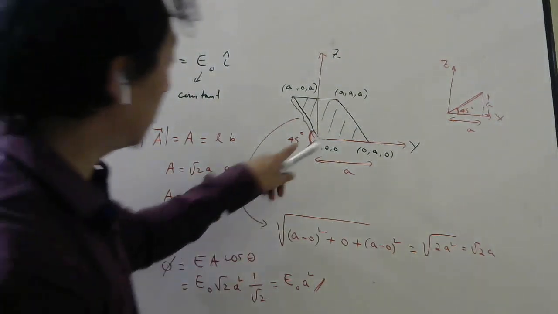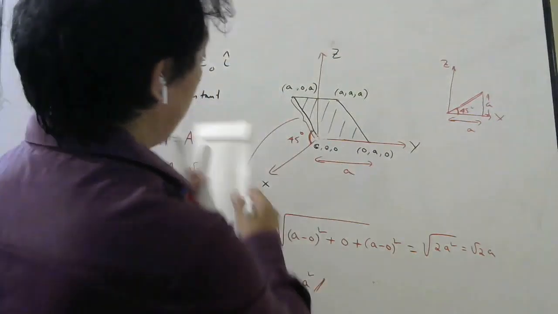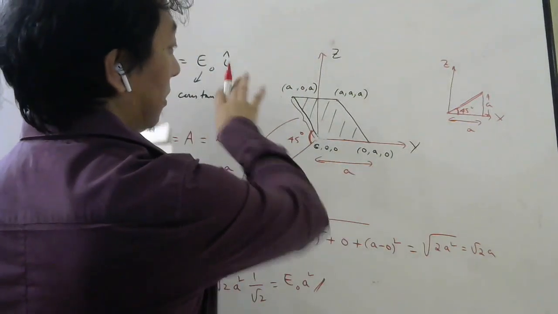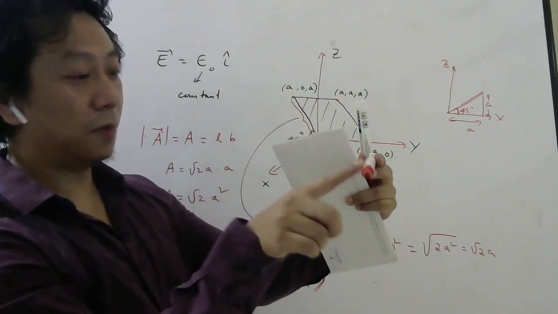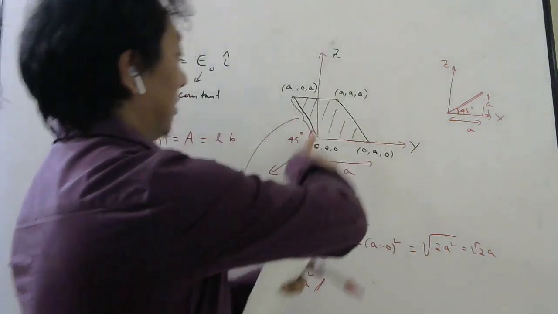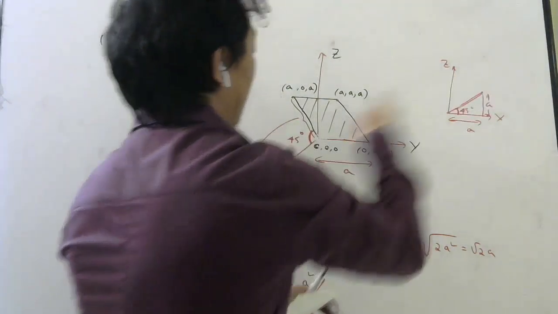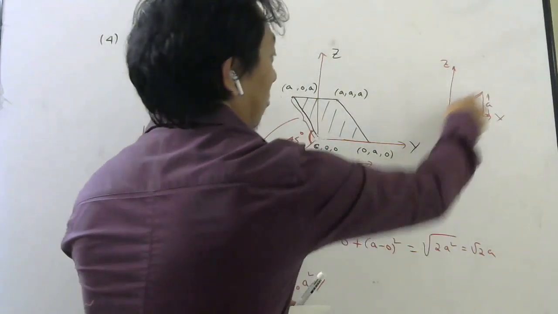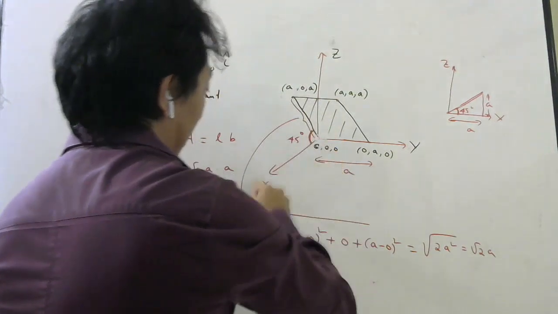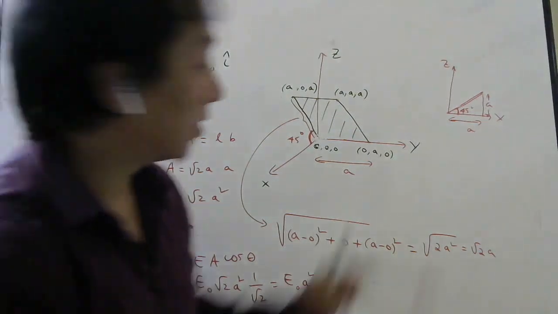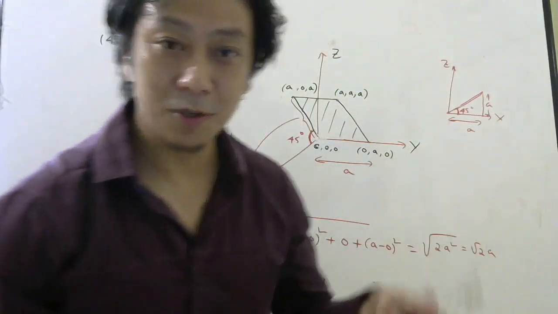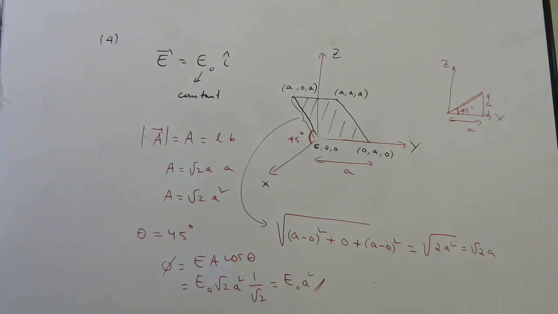I hope I have tried to show you why this is 45 degree. If you see from this side, this will be your x-axis, this will be my z, and then you can draw this line and easily measure what angle this line makes with the x-axis. Here it is a little difficult to see, but here it is very easy because opposite side and adjacent side both are a. So in such questions you have to think a little and carefully find the flux.